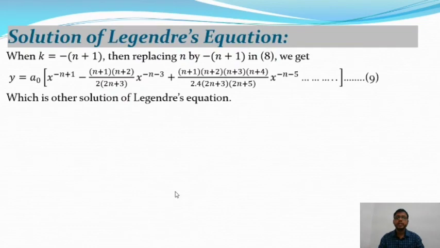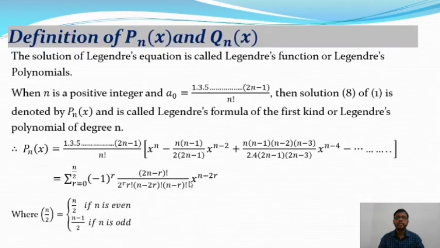Let us move on to the next slide. In this slide we will discuss the Legendre function or Legendre polynomial of the first kind and the second kind. The solution of the Legendre equation is called the Legendre function or Legendre polynomial. When n is a positive integer and a0 is equal to 1 into 3 into 5 and up to 2n minus 1 by n factorial,